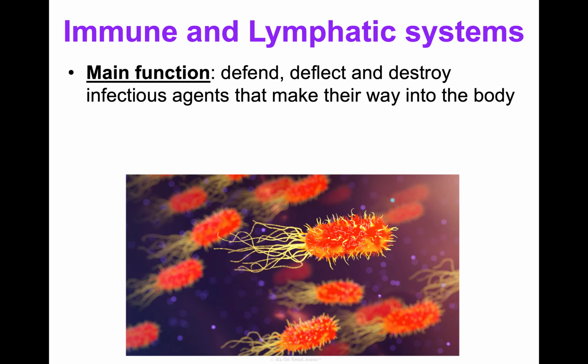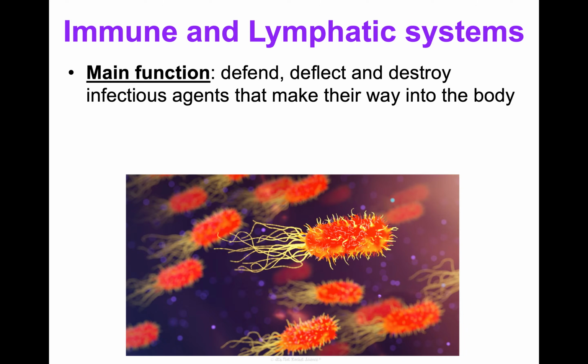Now, some people will look at these separate and say there's 12 major organ systems and immune and lymphatic are separate. We're going to look at 11 major organ systems, because we're just going to push these two together. And the reason being is they share the same organs. They're both using the same organs. But really the lymphatic system to me is more connected to the circulatory or the cardiovascular